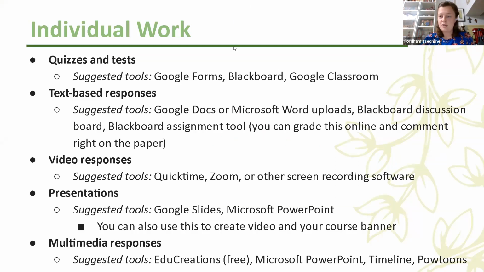So there's a lot of things that you can have students do individually on their own. If you're interested in providing quizzes and tests, then we suggest using Google Forms. You can also do tests and assessments through Blackboard. If you choose to do Google Classroom, you can use Google Forms again, or the quizzes there in the suite. But most of our professors are using Blackboard for the fall, and you can create assigned assessments right there in